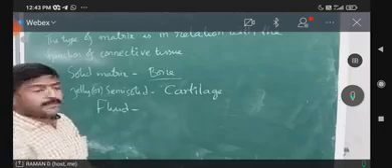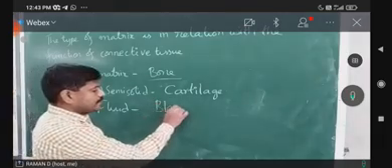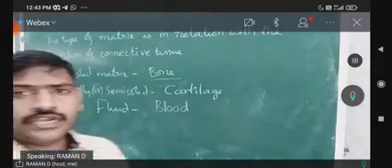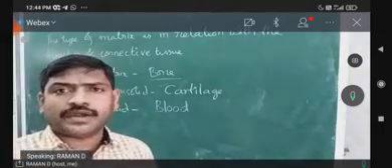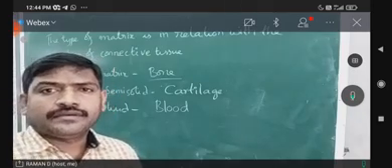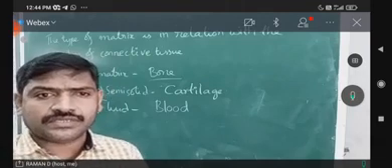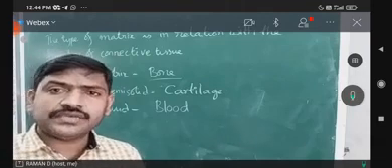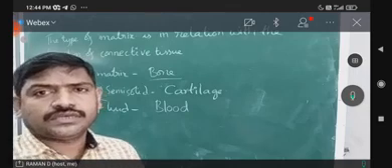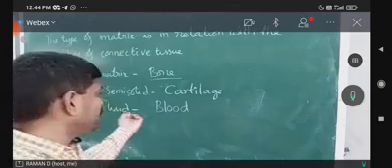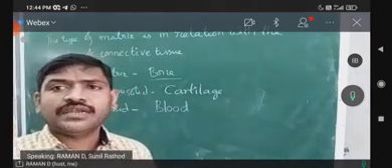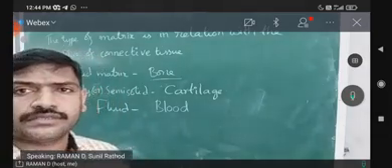Next, fluid matrix. Fluid matrix is present in blood. Blood is the liquid connective tissue. It flows through all parts of the body in the blood vessels, in order to supply various materials to the cells and to carry various materials from the cells. It needs to move faster, so only it is having fluid matrix. This is how different types of connective tissues are having different types of matrices.